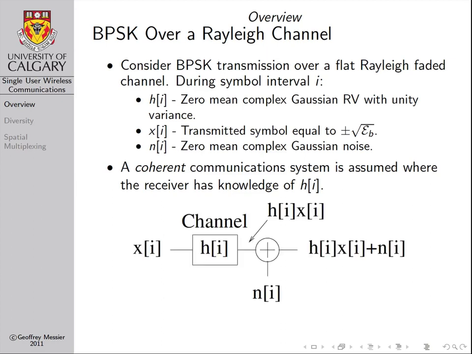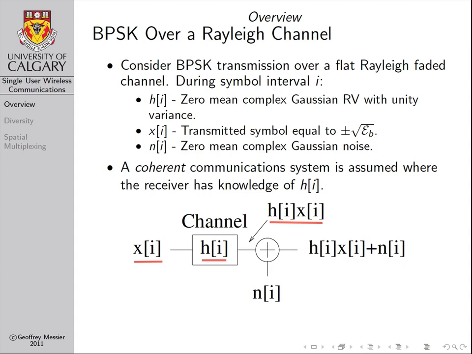And so, before we get into the derivation, it's useful to look at a simple block diagram of the transmitted symbol. Here we have the transmitted information symbol X going through our channel, and the channel response is H. Now, the output of the channel is the convolution of the input and the channel response. However, because the channel is only a single tap in the flat fading case, essentially what we have at the output is the information symbol multiplied by the complex weight of the